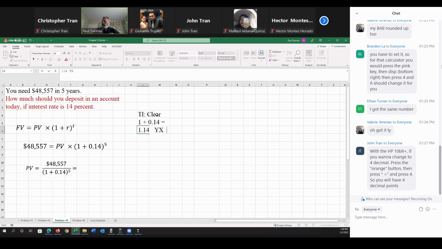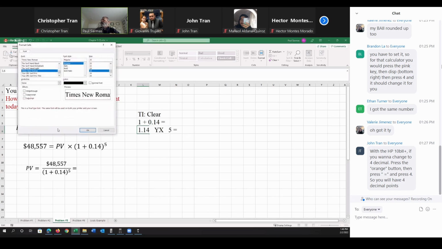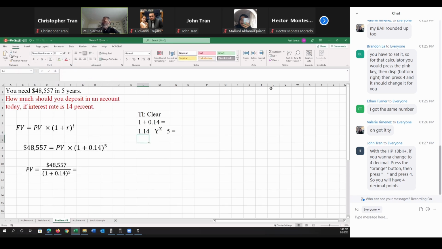You do the y to the x key, 5, equal. Don't forget, this is a superscript, y to the x key. And you should get, let's see what you get,